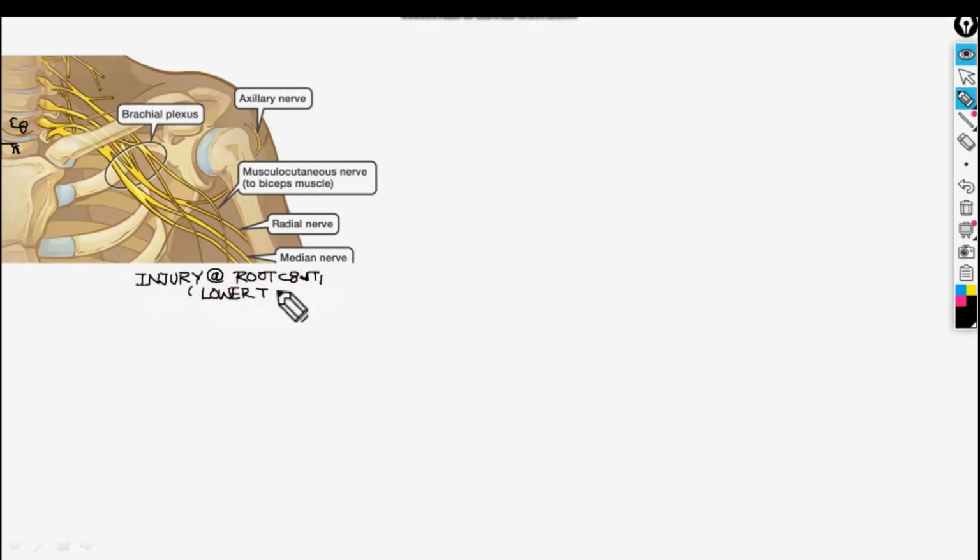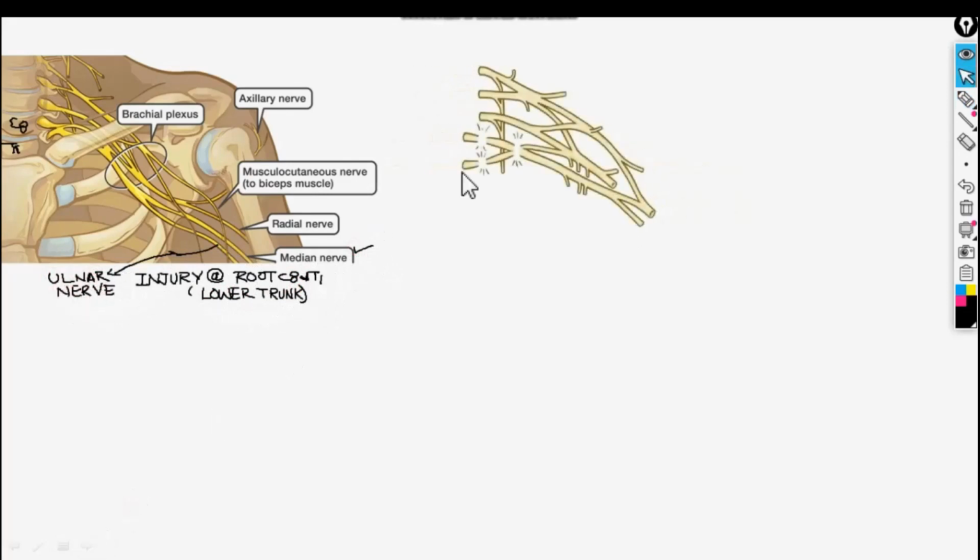The injury at C8 and T1 or the lower trunk affects the median nerve and ulnar nerve, which finally affects the small muscles in the hand. So how do these injuries occur? We will see. Here we can see C8 and T1 and the lower trunk which get injured, and these injuries occur due to